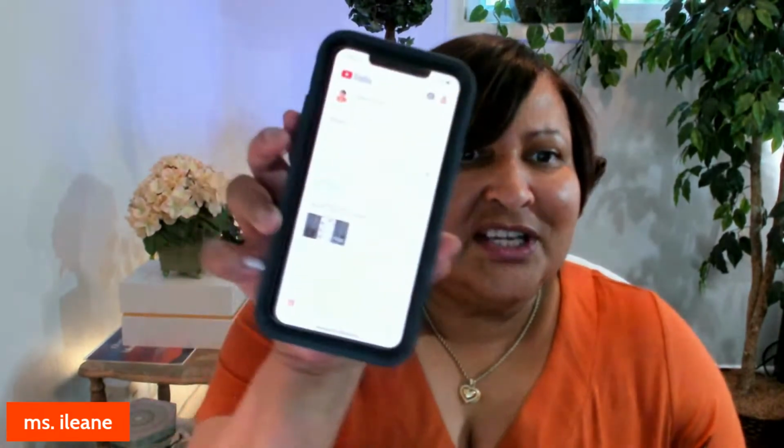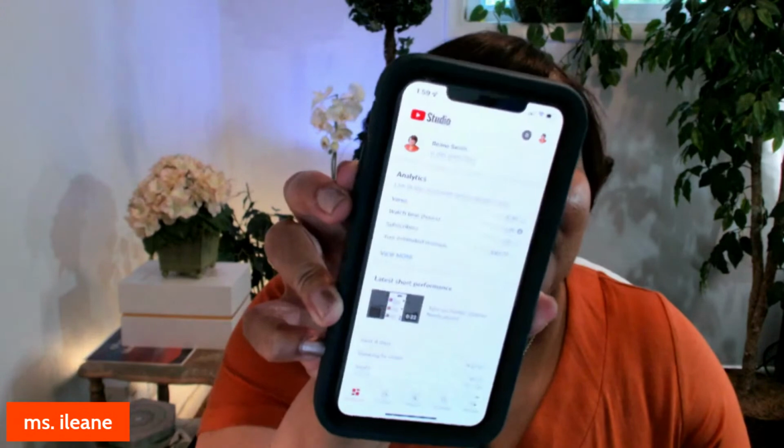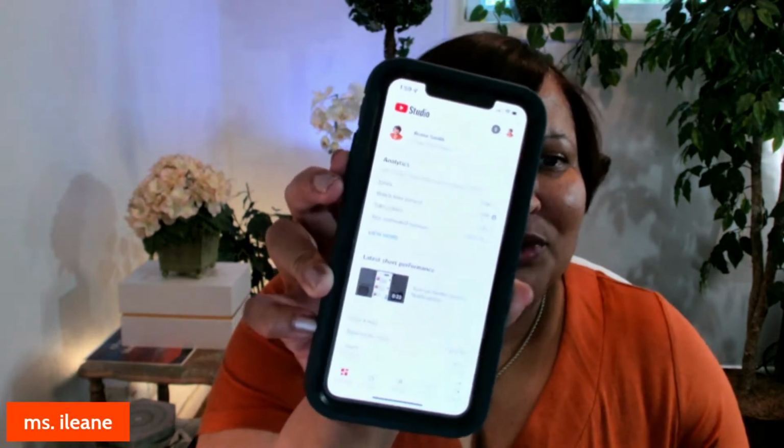Go to your Play Store or your Apple App Store and search for YouTube Creator Studio. Make sure you have that app, and then that's a quick way to just check and get a snapshot. I know you can't see it that well, but you're getting a quick snapshot. You see the performance of your latest upload.